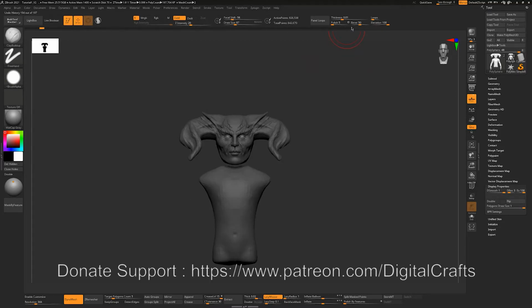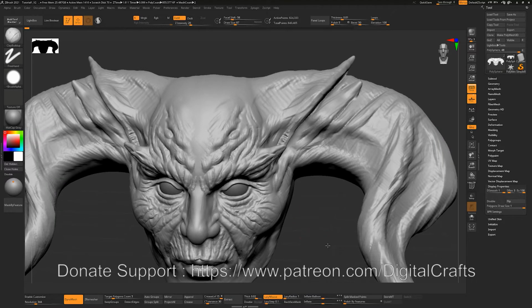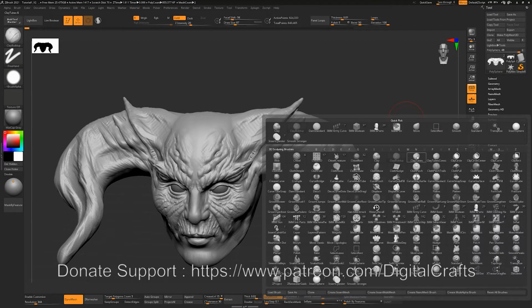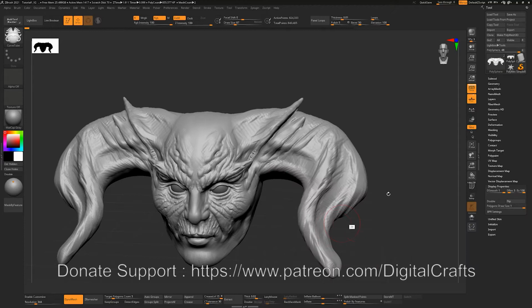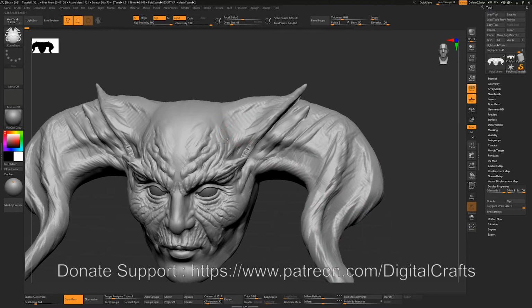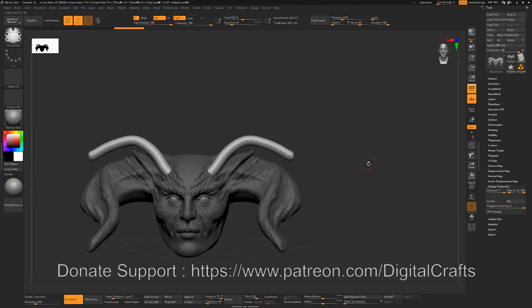So I just wanted to show you how you can use your insert mesh brushes and insert multi-mesh brushes. So if I press B on my keyboard, you can see that we have our curved tube brush here. So if I press C, it will just list all the brushes that have C in their initials. So yeah, there it is. So if I click and drag on my model,